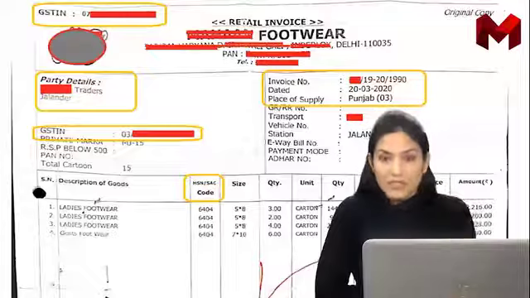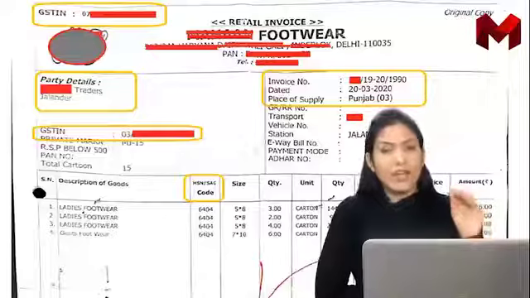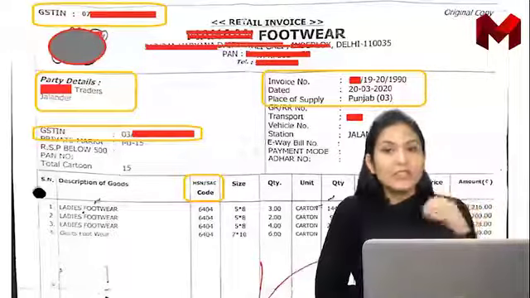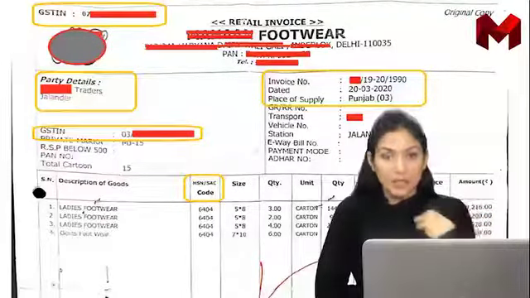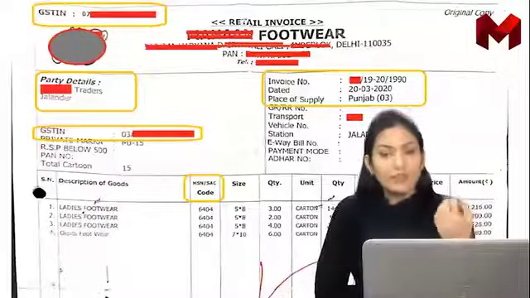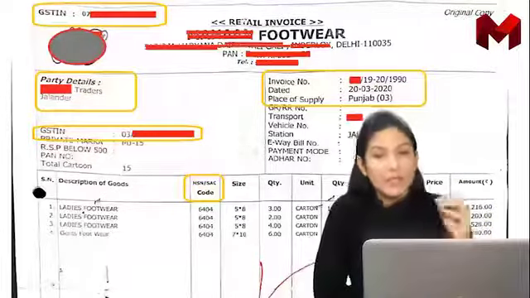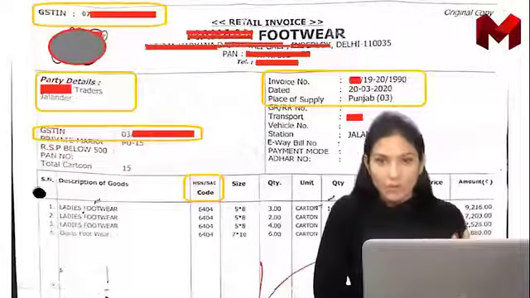We are purchasing these goods. We are footwear sellers. We are purchasing footwear. That means it's a purchase for us. That is a direct thing for us. If we are into the business of footwear itself and we are purchasing footwear, we will enter it into the purchases head. That is for sure.